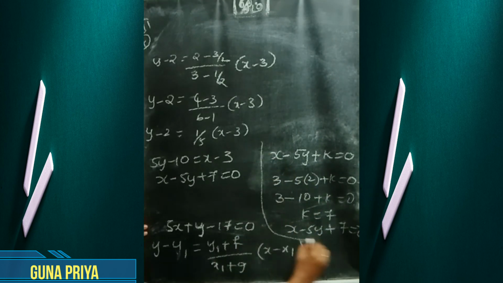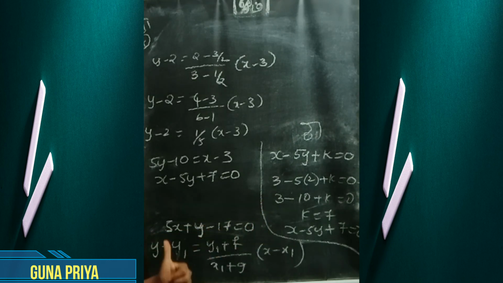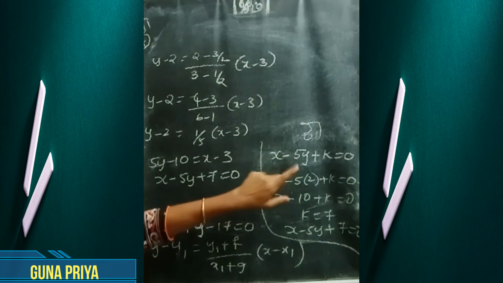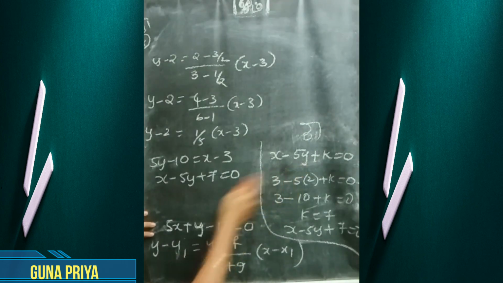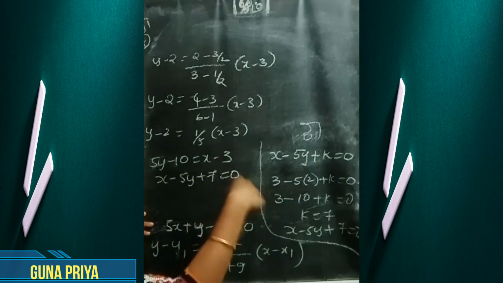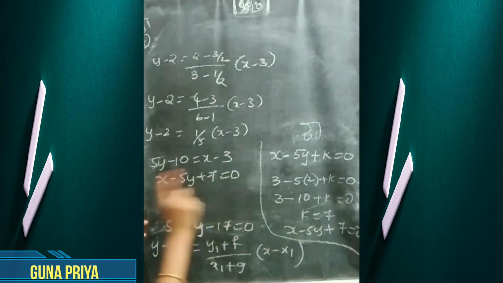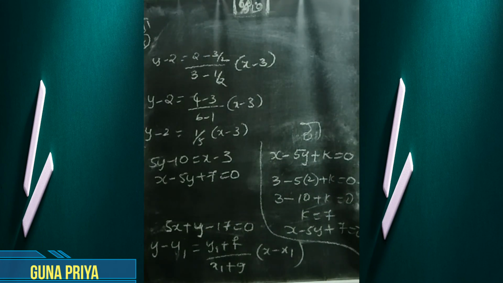That's it. To find out the equation of normal, you can directly write this equation of tangent and convert it into a normal. That means perpendicular. This perpendicular means nothing but x minus, so here 5 is there, minus 5y. If it is minus here, it is minus into minus. Okay, x minus 5y plus k. Okay, next we go for the fifth problem.